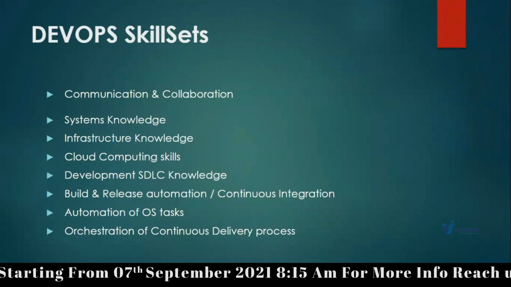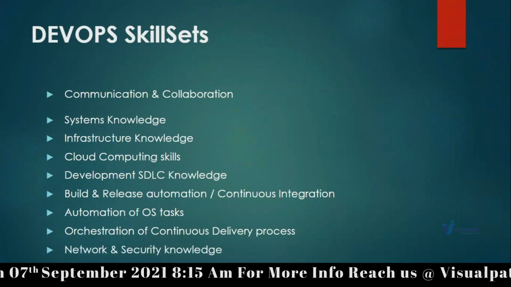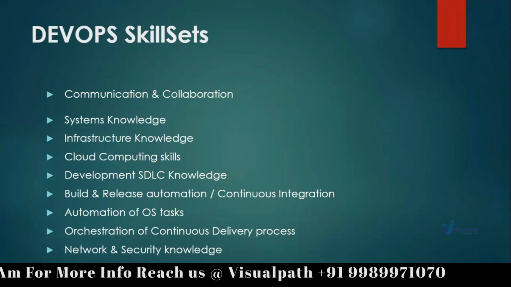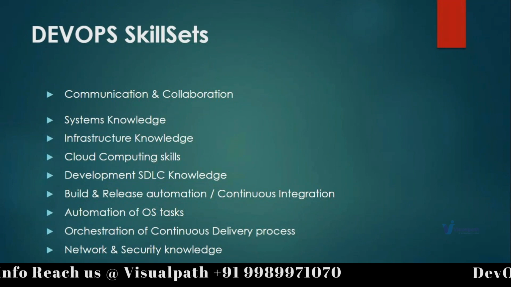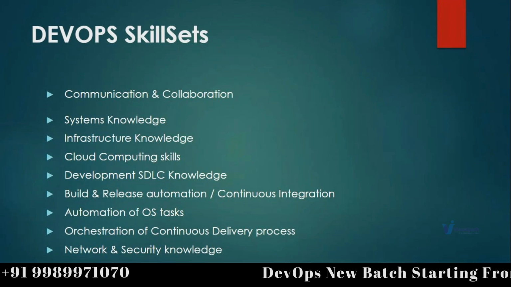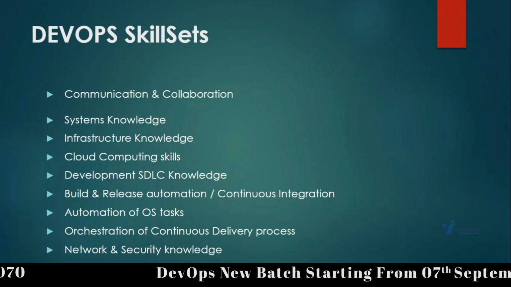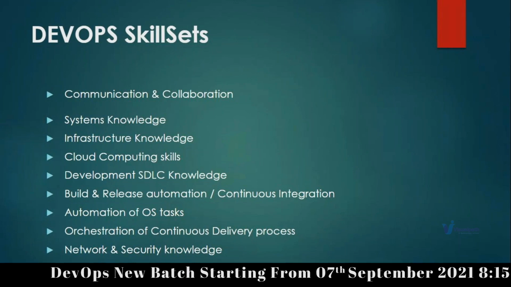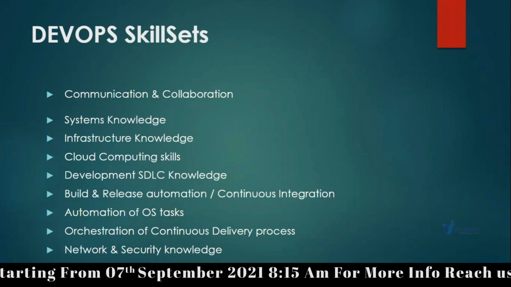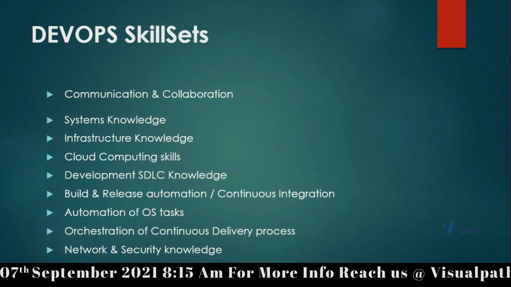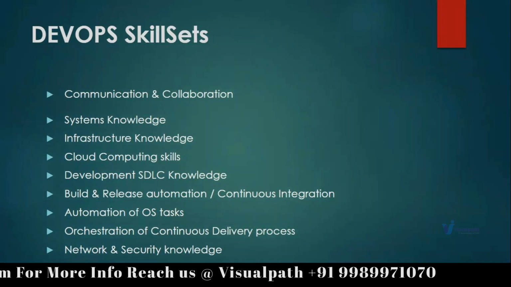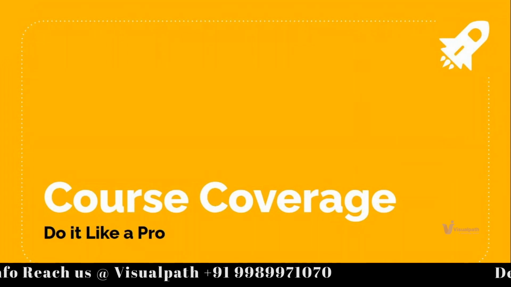That's your job, orchestrating. You should have network and security knowledge, because you're going to use cloud computing, containers, Kubernetes. Without network and security knowledge, you will be literally blind. Containerization: Docker, Kubernetes, OpenShift, these are the terminologies. In today's time, by default, you should know containers. A DevOps who does not know containers really is not that good. So that was about DevOps.